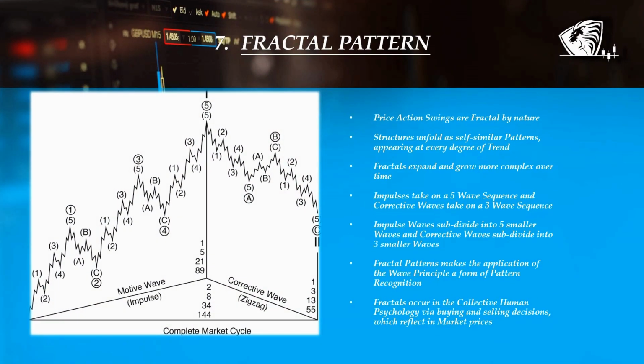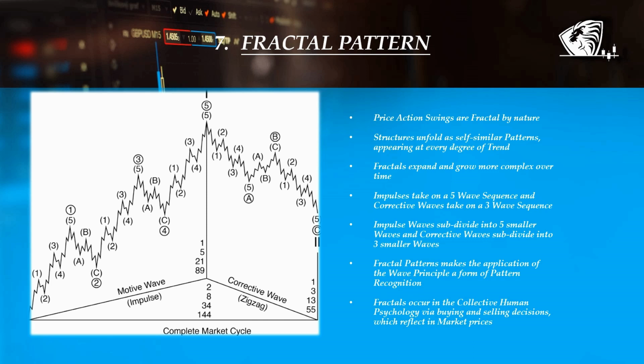Price action swings are fractal by nature, and using Elliott wave relies heavily on charting and technical analysis. The structures unfold as self-similar patterns appearing at every degree of trend. Naturally growing fractals expand and grow more complex over time. This means that no matter how big or small the wave degree, impulse waves take on a 5 swings sequence